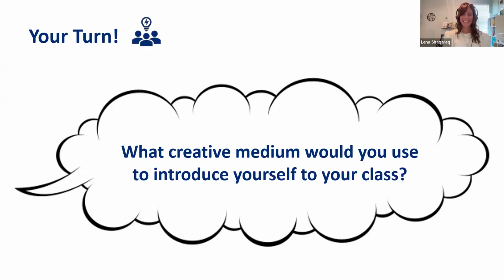Absolutely. Manuel said, maybe I could sing a song talking about me. And then Rosie said, I would introduce myself by drawing myself on the blackboard. Also, using a collage as Katrina's example. So, those are some responses we received from our participants. All very exciting. I wish I could be a, what did they say? Not a fly on the wall, something like a ladybug on the wall, so I could see all of these implemented in participants' classrooms.